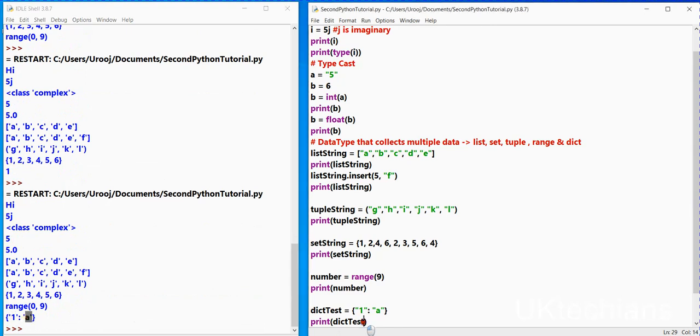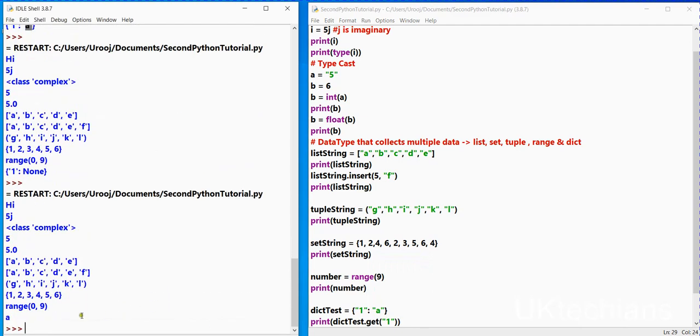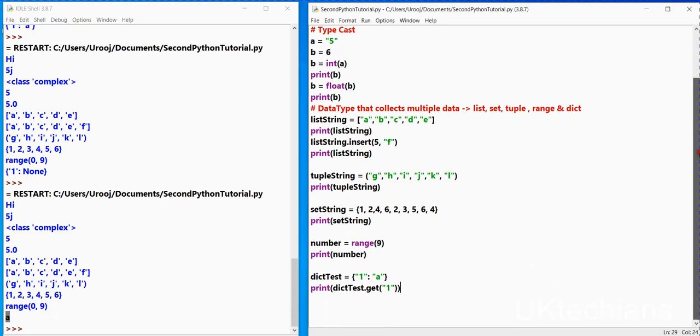So let's say dict dot get key, and in get we will type 1 here and then the closing bracket over here. Save, F5, and it will say the value of key 1 is a. So let's add more values over here, which says 2 colon value b, then comma, to store multiple keys and values, 3 colon